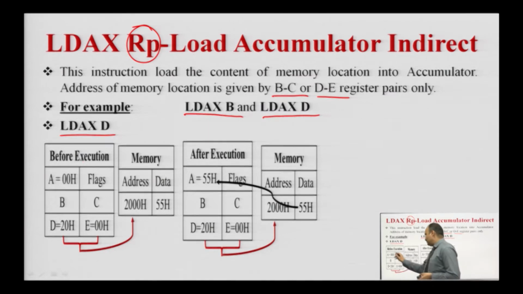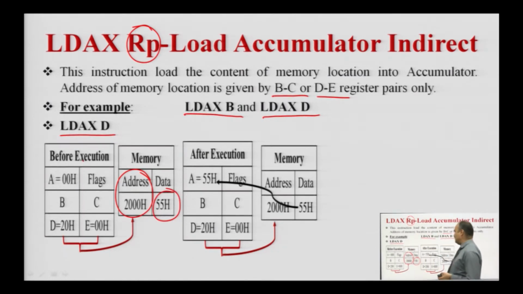So, see here, before the execution of this instruction the content of D register and E register is 20 and 00, meaning this register pair will hold the address of the memory location where the data is 55H. This is the case before the execution of the instruction, and the content of the accumulator is 00H. When this instruction is executed by the microprocessor, the content of the memory location having address 2000H is loaded into